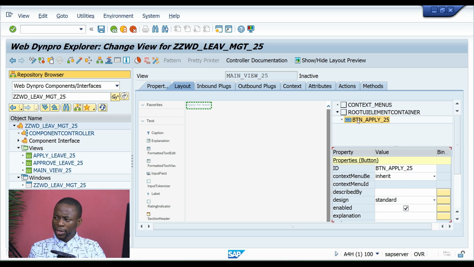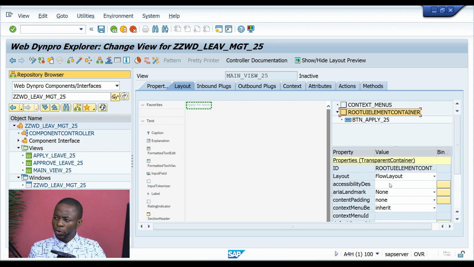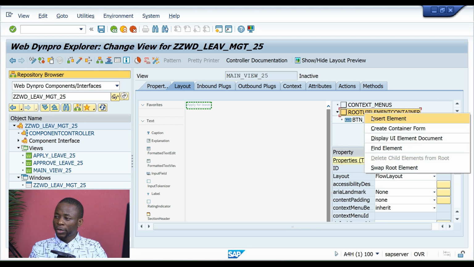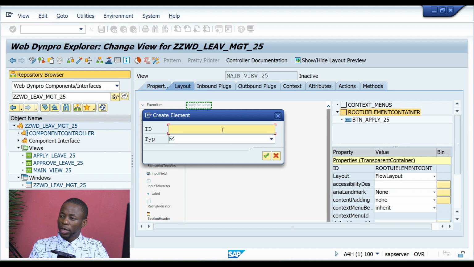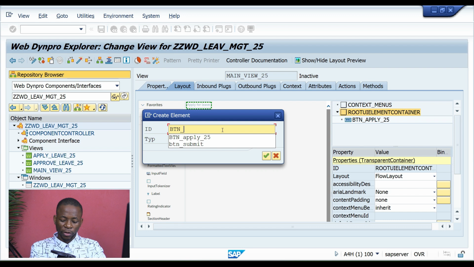And let's add the second button. Of course, we could change the flow layout to be matrix, but let's add the second button and then see how the behavior of the layout happens with different types of layout. So let's right click one more time, insert element,